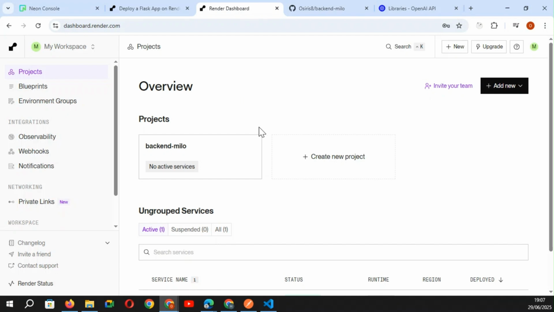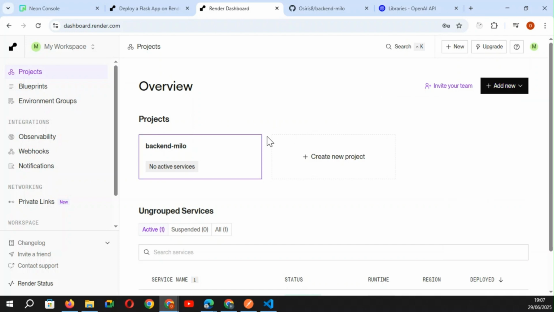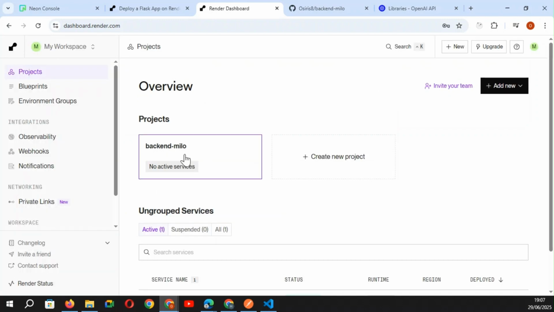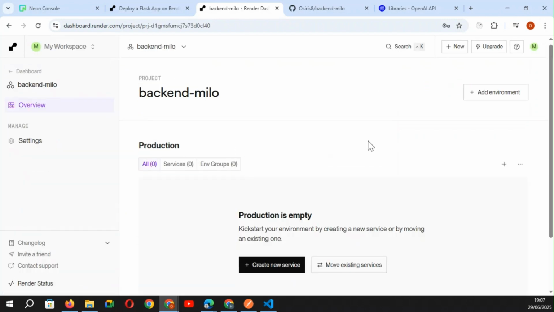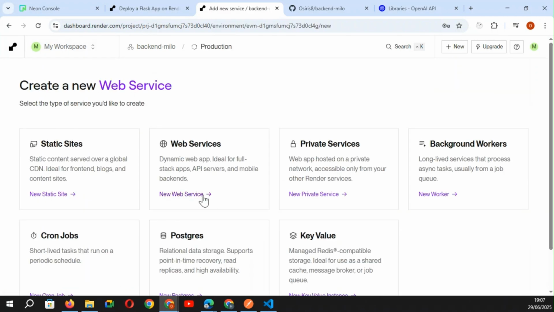And so you can create a project. So I have a project backend Milo, or you can click on here to create a new project. So in this project, you can click on create a new service. Here we deploy the API servers. So I use this web service,